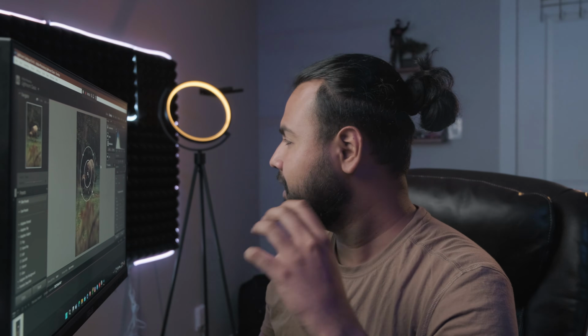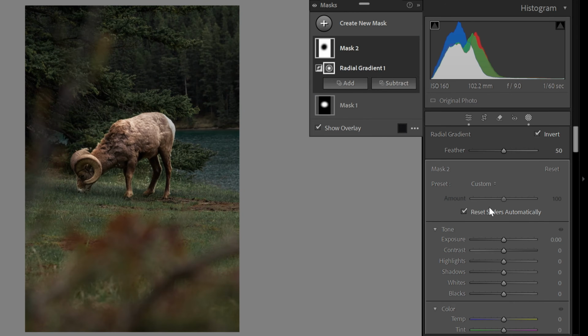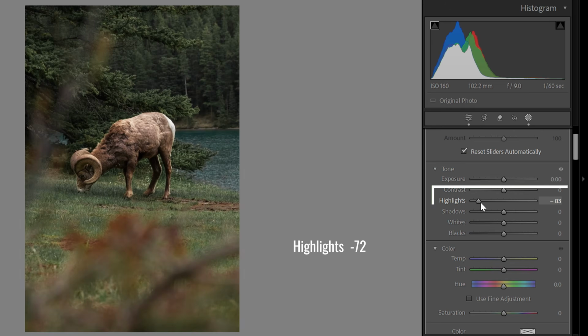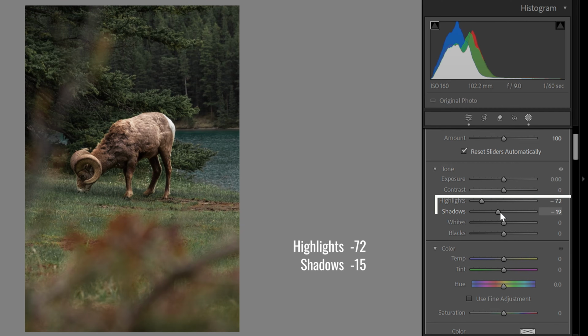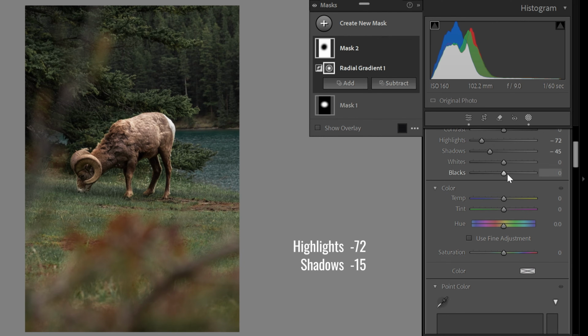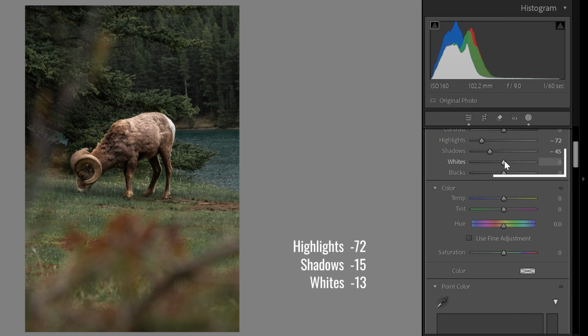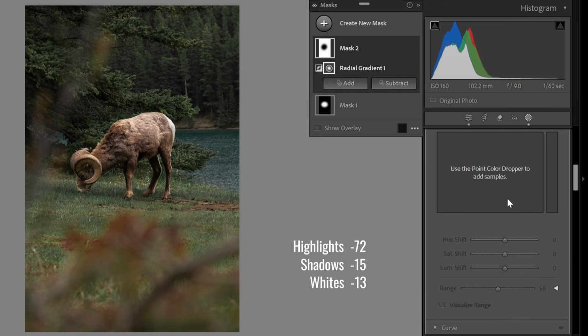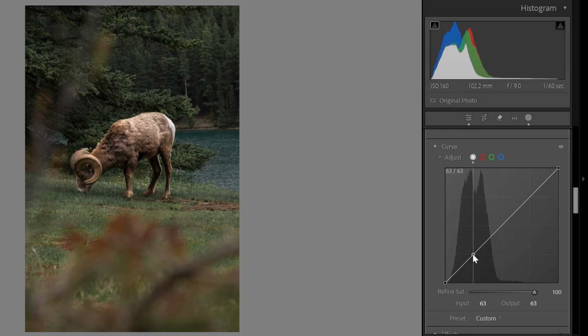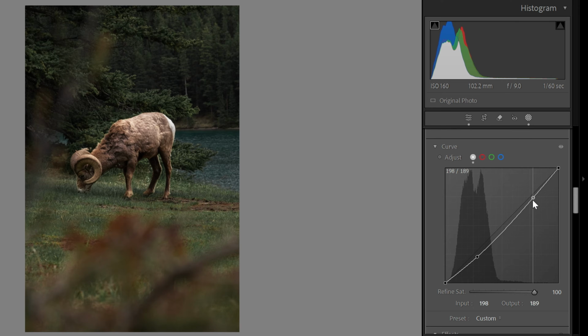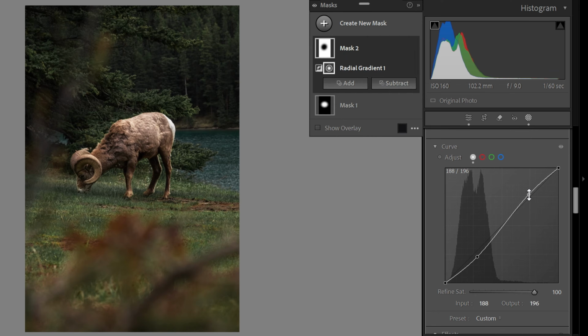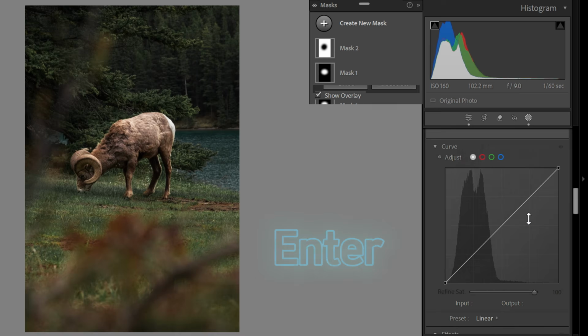So for the adjustments, I'll keep it really simple. What I'm going to do is make sure that it's on Invert and then drop the highlights, drop the shadows, and I'm going to also drop the whites a little bit. And once I'm happy with that, I'm going to make a small S-curve. What that will help me do is really separate the subject from the background while adding contrast. Now, once I'm happy with what I have, I'm going to press enter, and that will apply all the adjustments